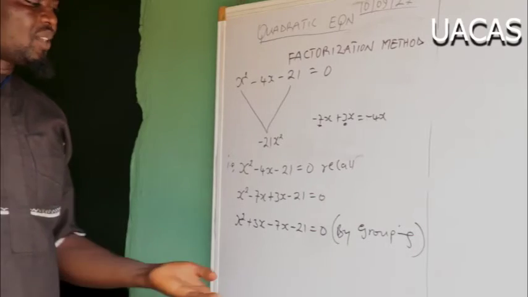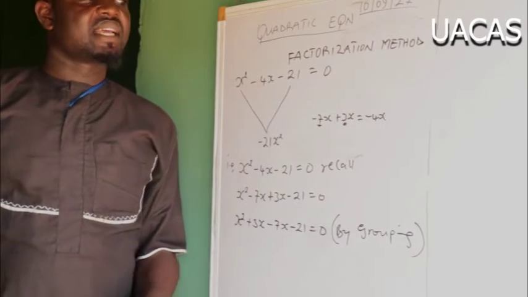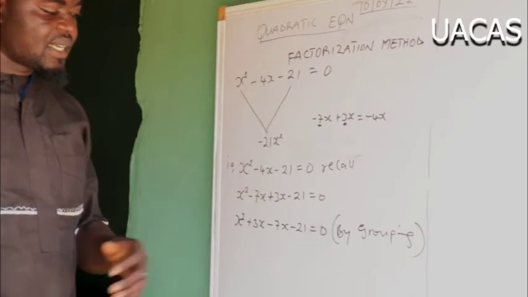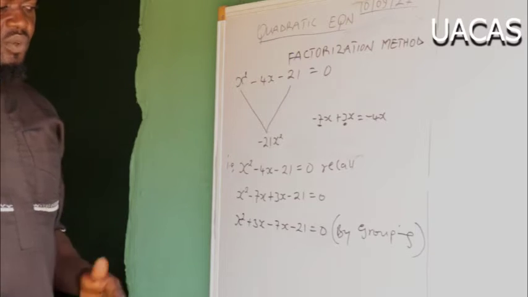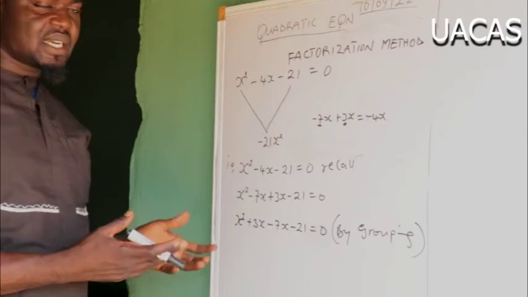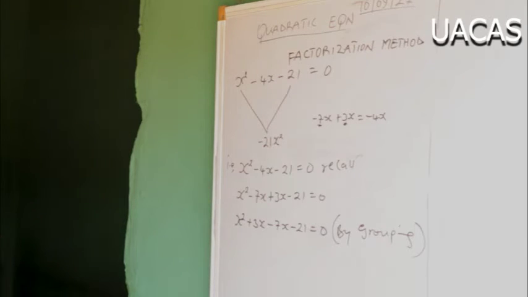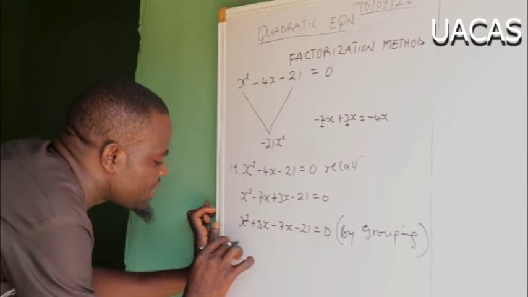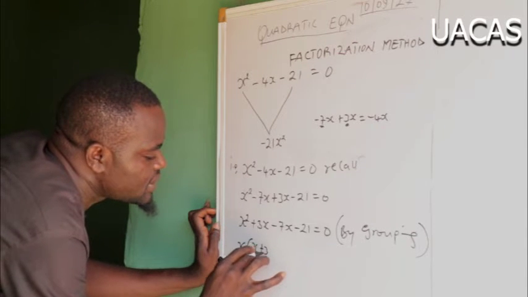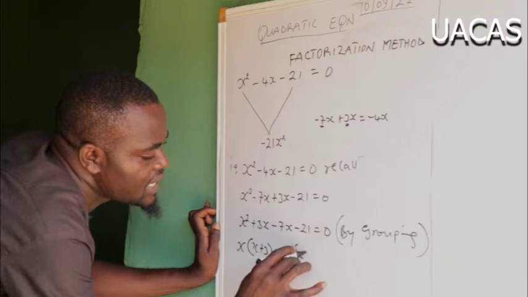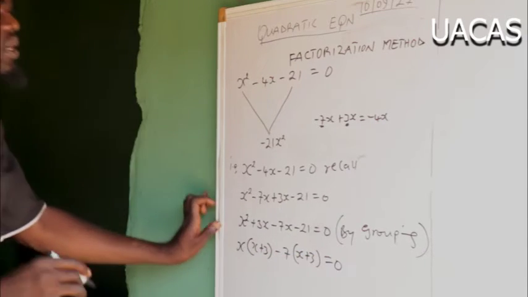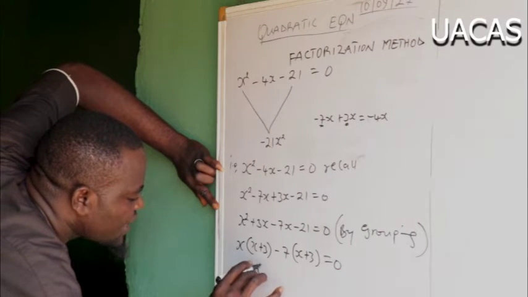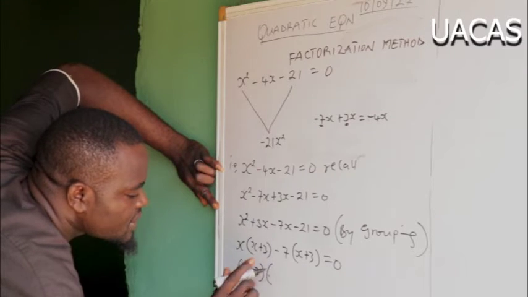That does not mean that without you grouping it, in case you start seeing that, man, if I do not group this, I won't get it. No. Even if I do not group it, I can still get the answer, just as we did in the expression. I can still get the answer without grouping these terms. So I will do that later. So what we have is x plus 3 minus 7 times x plus 3, which is equal to 0. Now, we said x plus 3 times x minus 7